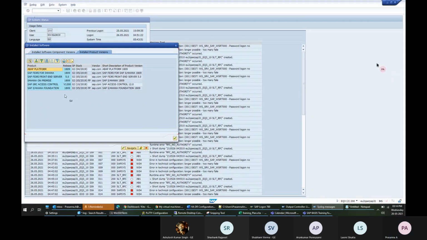Okay. Here, if you see SAP HANA on, this is like an S4 HANA system. If you see the fourth row, it's S4 HANA on-premise, the newest version of ECC. We discussed ECC, right? Yes. The newest version of ECC is S4 HANA on-premise. Apart from it, there are other products also installed on it, but the main product is S4 HANA on-premise. Okay.